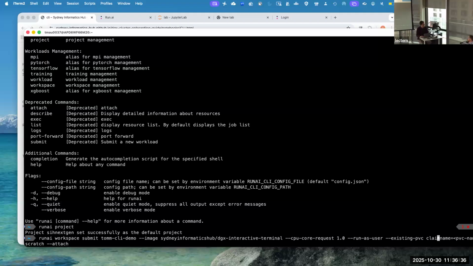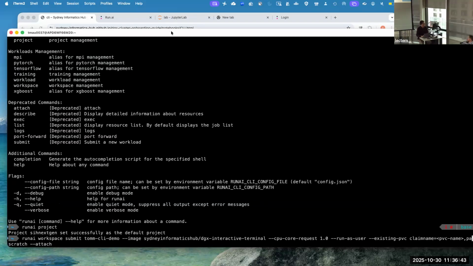And I can mount an existing PVC. This is where it often gets difficult, but let's see if we can get it right. So you have to give it your PVC name. In the case of training and